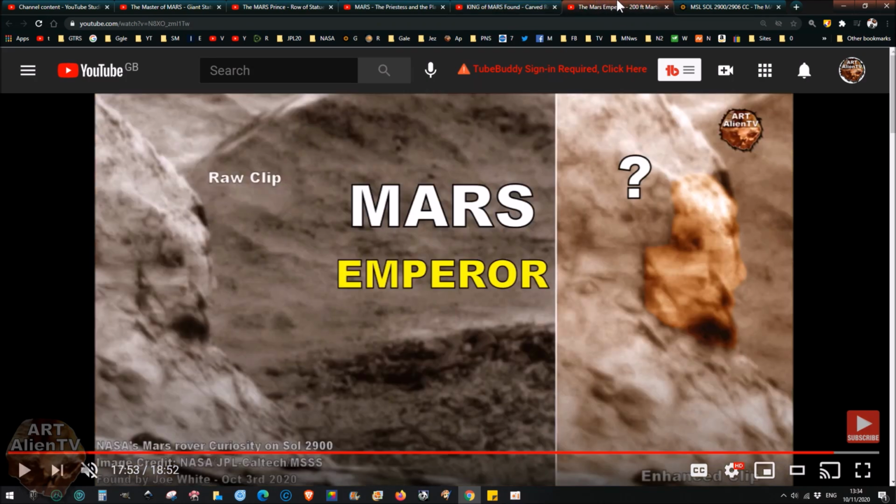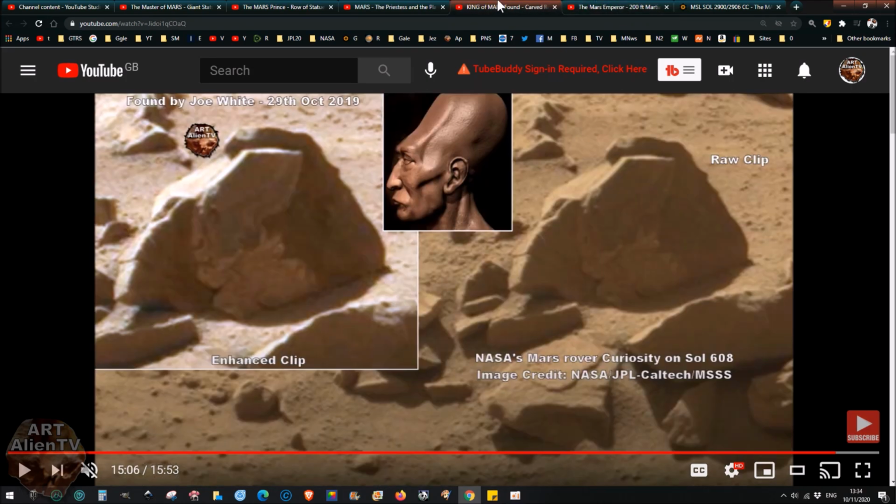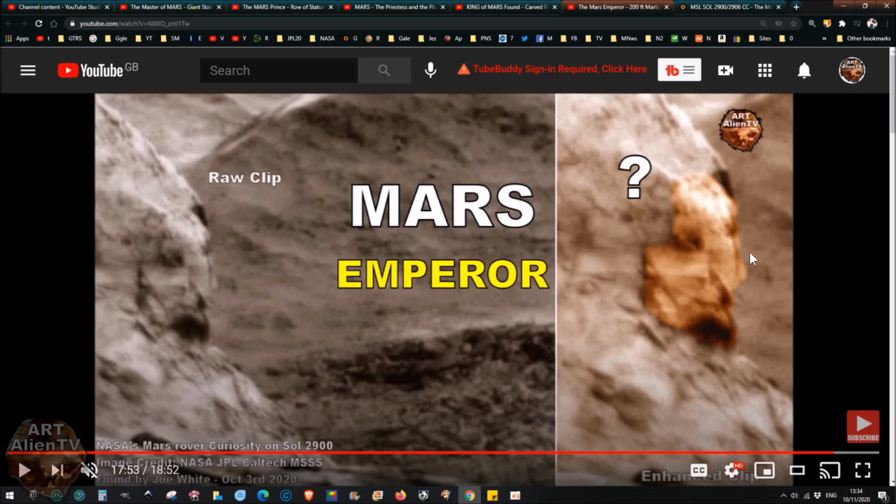So we got the Emperor. This is the King of Mars. Now, this may actually be the same person, as I've said, right? And it does seem to have a beard, although it's off colour. I don't know what's going on there quite. But this seems to be the same family. So this is either the same person or his father. This is a much older person. You can see that. But this may be him when he was younger, in his prime, in his 30s, 40s,